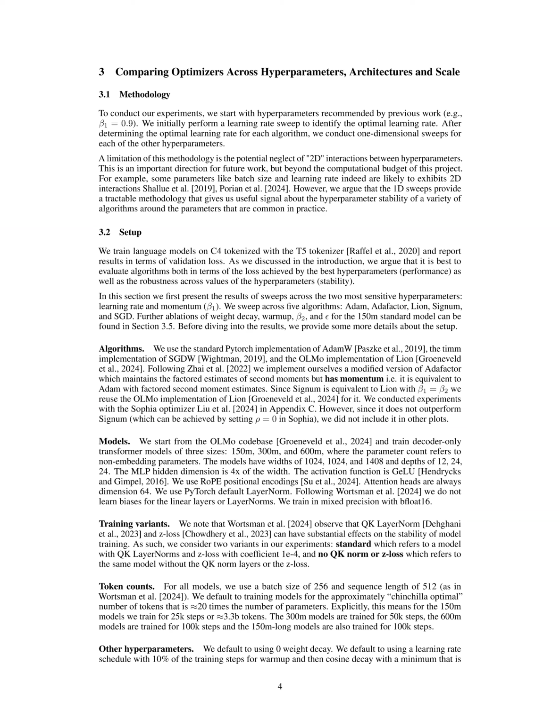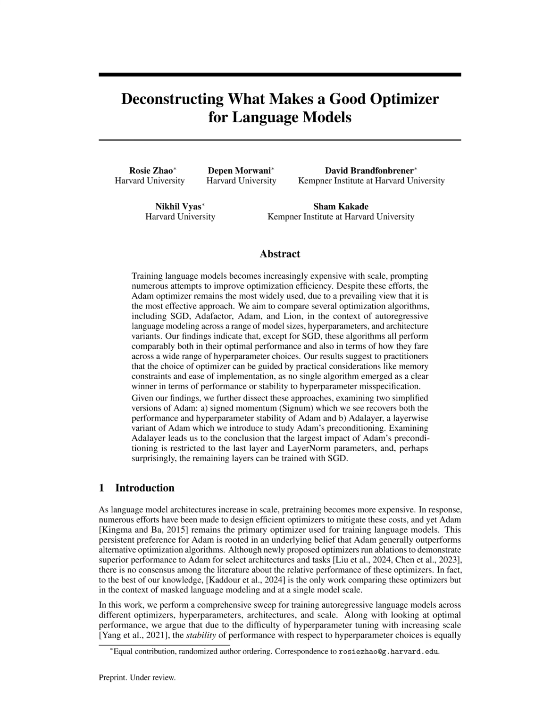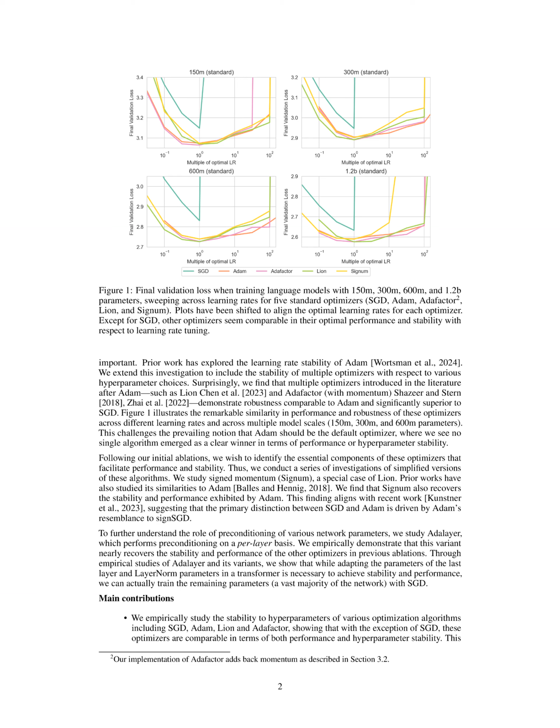6. Computational constraints. The method's computational budget limited the exploration of 2D interactions between hyperparameters, which could have provided a more comprehensive understanding of the optimizer's behaviors. 7. Limited scope. The study's scope was restricted to investigating optimizers for language modeling, which may not fully translate to other domains or tasks where different considerations could come into play. 8. Hyperparameter sensitivity. While the study explored hyperparameter stability, the method's approach may not fully capture the nuanced effects of hyperparameter interactions on optimizer performance and stability.